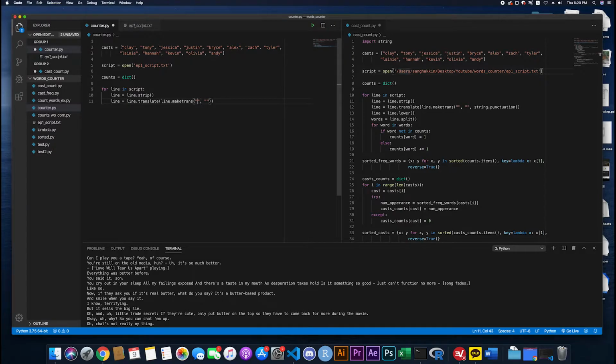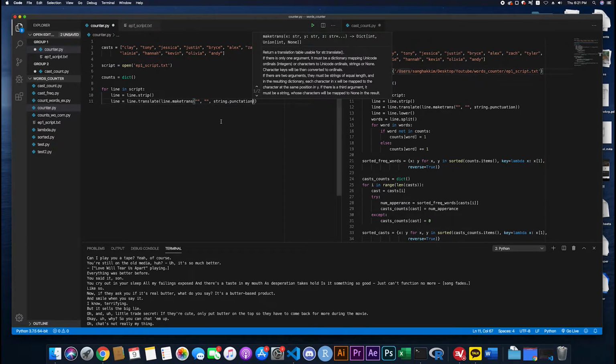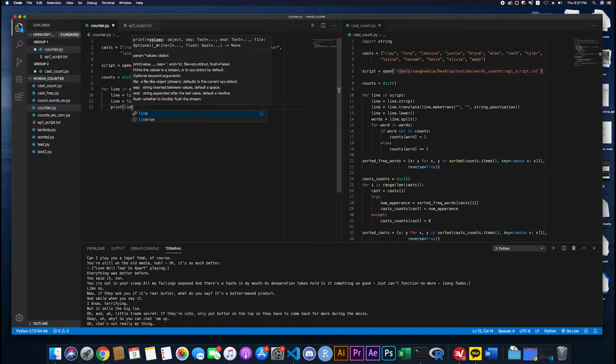But we don't want to replace any characters with other characters. What we want to do is remove punctuation. So to do that, the third parameter basically deletes the characters that we want to delete, and we want to delete all the punctuation. So string.punctuation, by doing that, will remove all the punctuation, okay? Basically this will make a table for that, and then we will pass that table to translate as an argument, and we will put it into the variable line. And then if we do that and print line,